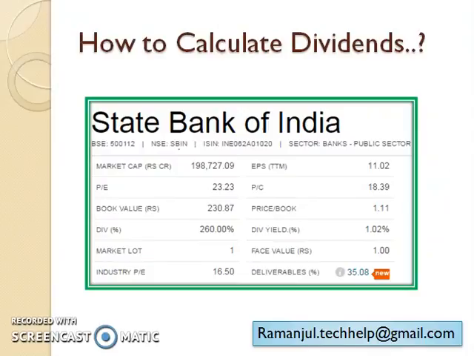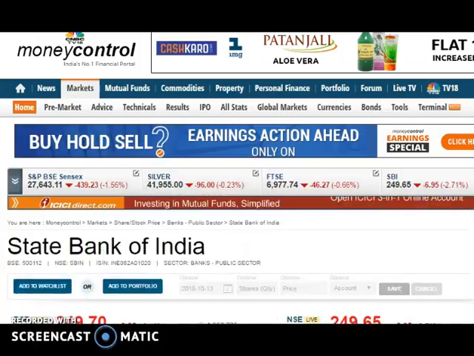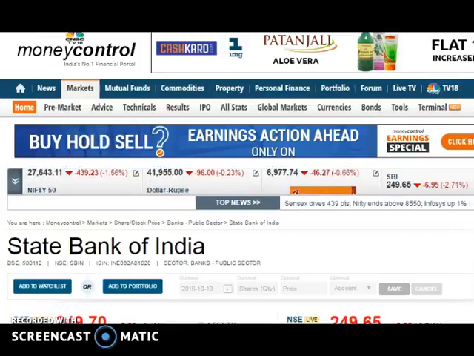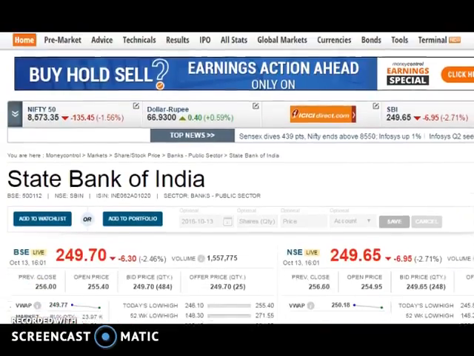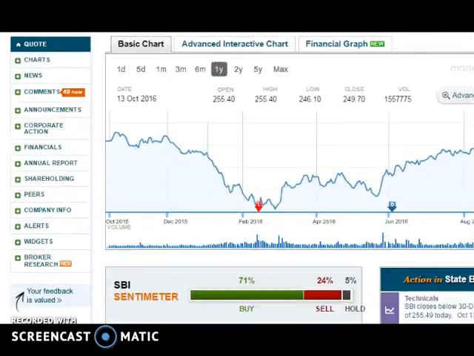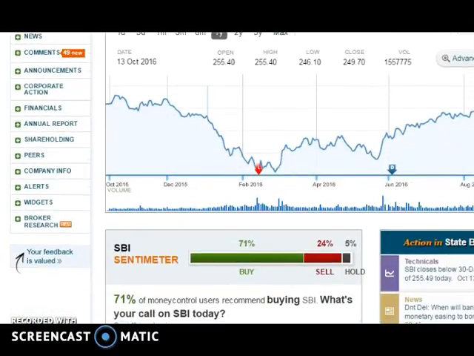And we will see how to calculate dividends. This is just a screenshot I have kept here. Better, we will go to one website and see Moneycontrol. There we will see the prices, and I can explain very clearly over there. This is the Moneycontrol website. I have opened this website. We can see the prices here. This is the State Bank of India. I will show you where to find it.